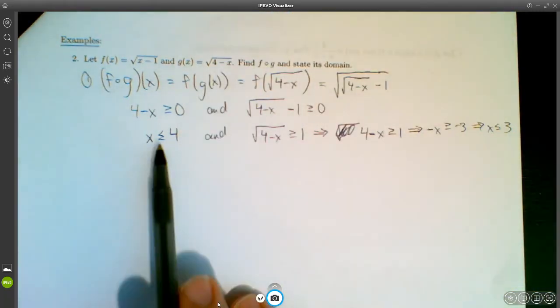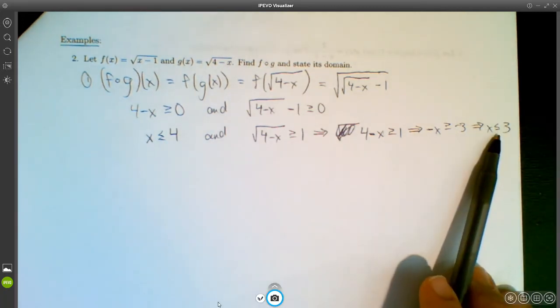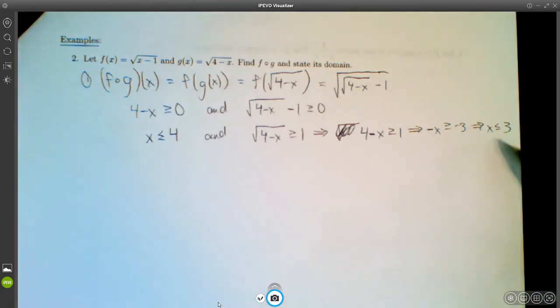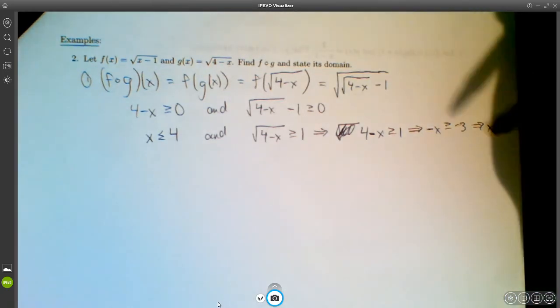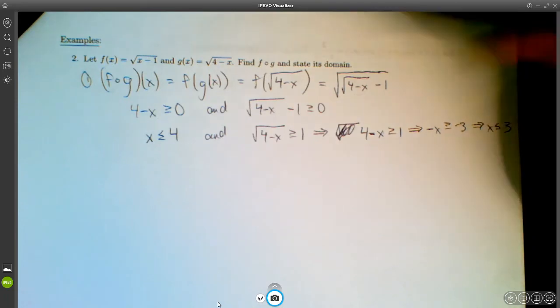Okay, so x needs to be less than or equal to 4, and x needs to be less than or equal to 3. Well, taken together, this just means that x needs to be less than or equal to 3, right? Very good. So then step 2